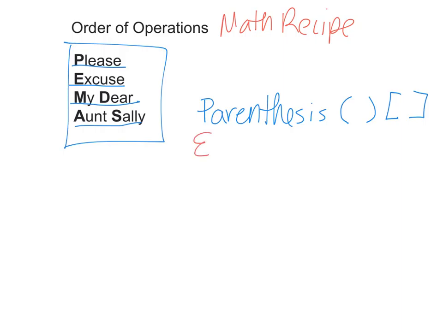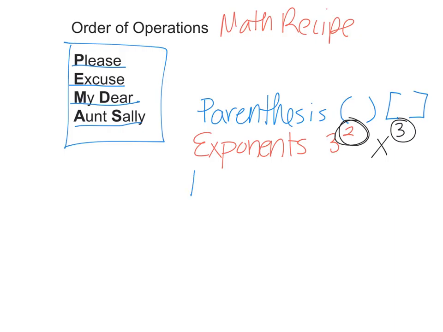And then we do our exponents. Remember, exponents are the little numbers in superscript above variables and letters. These are exponents. We do those next. Multiply or divide